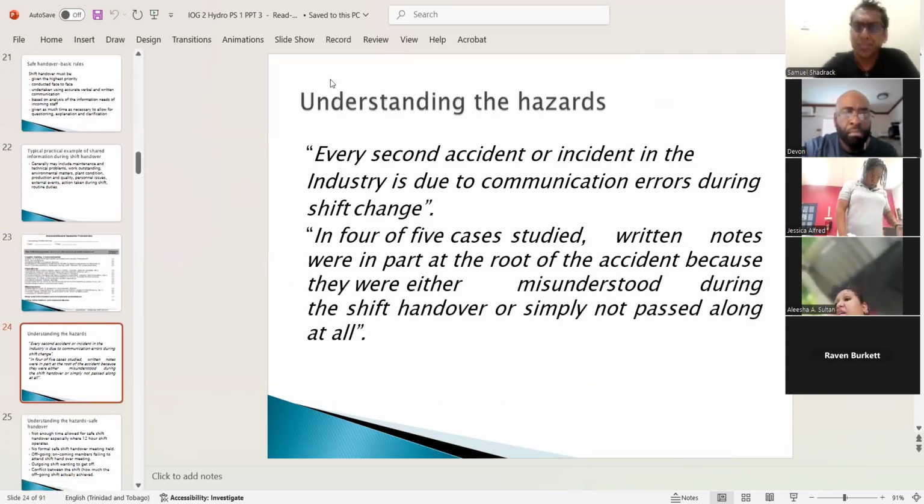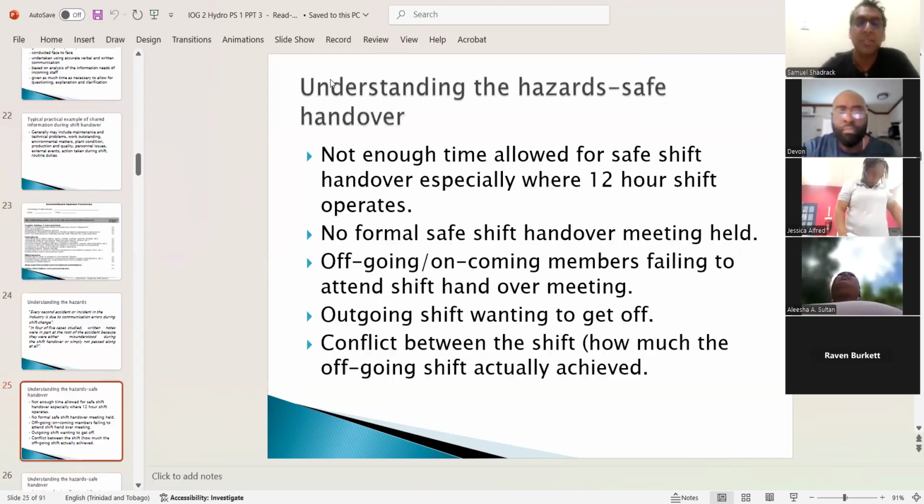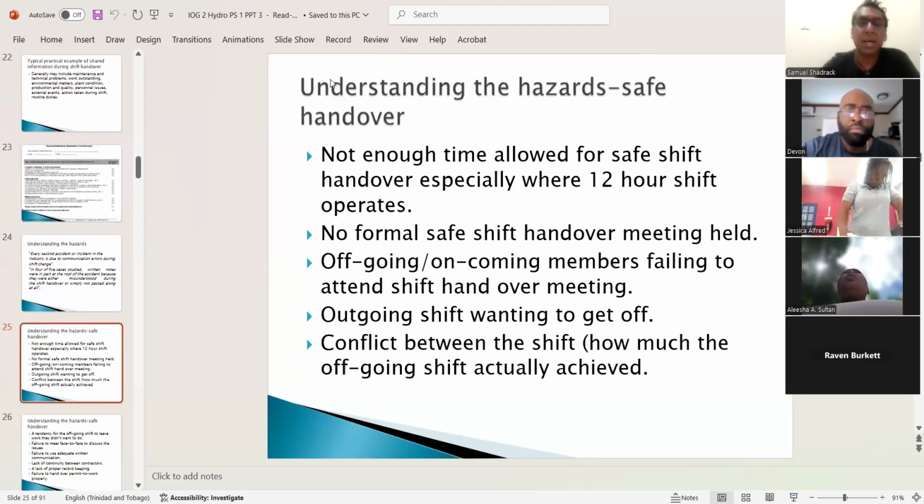Sometimes there may be spite between the outgoing and the incoming shift. It may be that whatever shift it is that left had work done for the other shift, right? So there may be some sort of conflict between shifts. I'm not too sure if this is a question in itself, but it's kind of like some problems at handover,